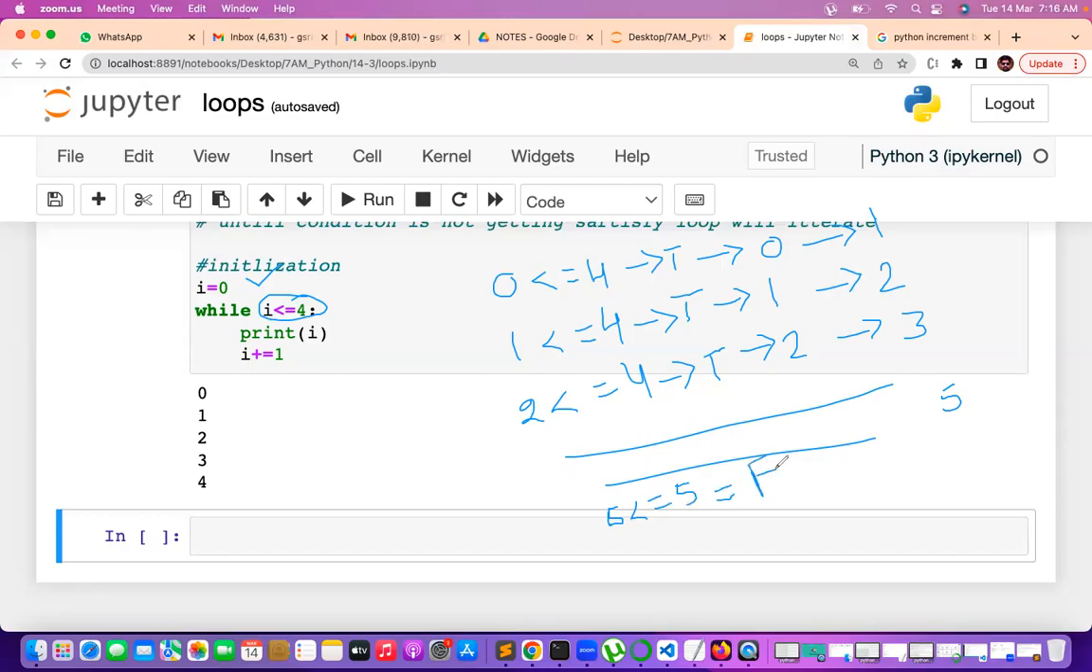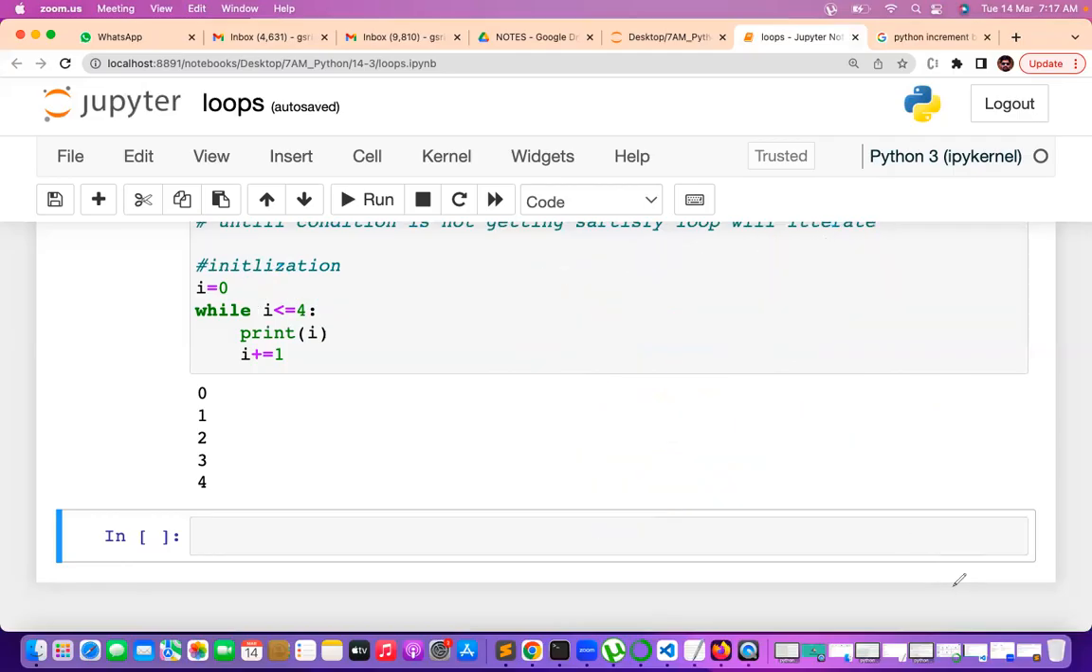When the condition is false, automatically the loop stops. Is it 5 less than or equal to 4, right? Because 5 less than or equal to 5 is true, because 5 equals 5, right? It is like 4 less than or equal to 5, 4 less than 5, and 6 less than or equal to 5. Okay. So when the condition is not true,